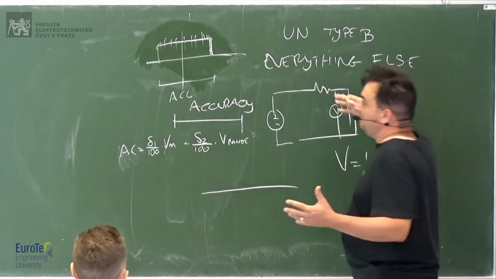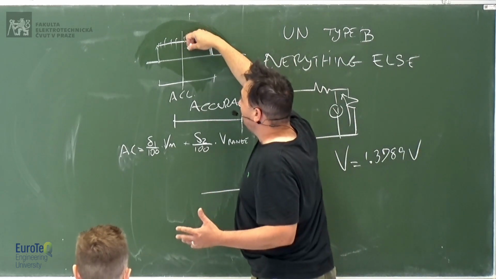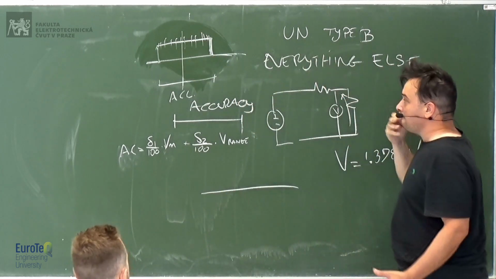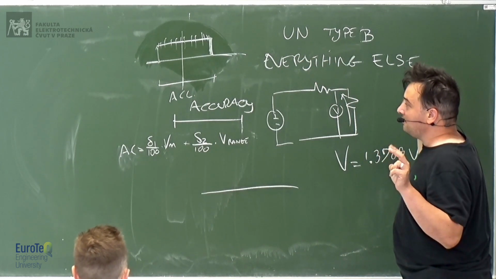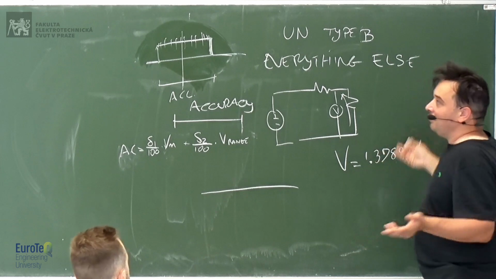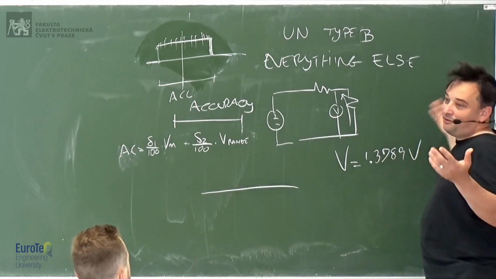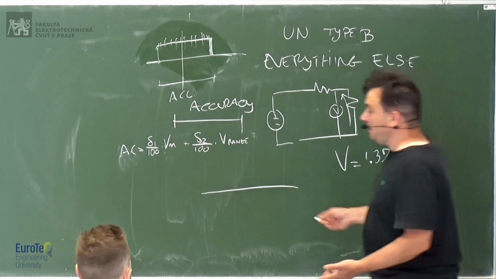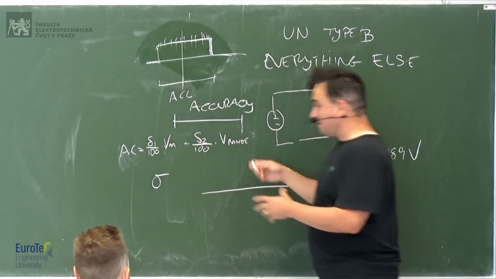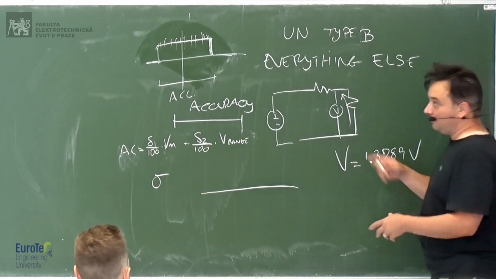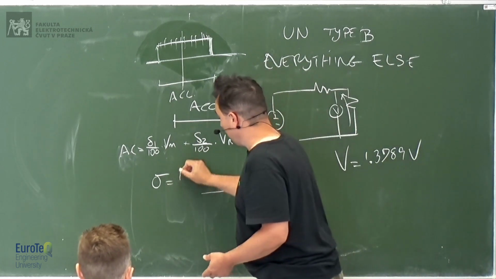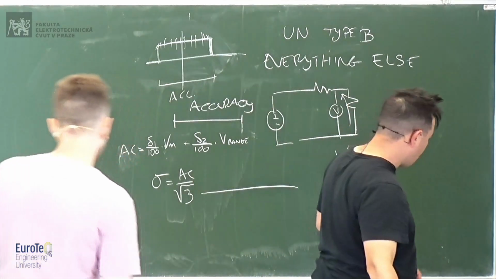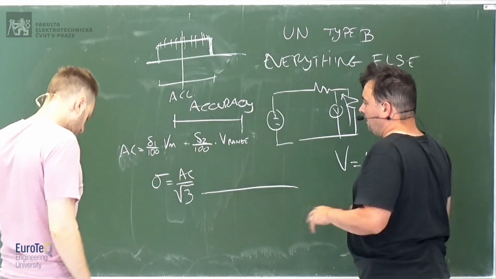So there is no higher probability to have the measurement here in the center. It's the same, okay? Which is like an easy solution when you don't know anything. When you don't know anything, you say, oh, okay, I'm just taking uniform. Fine. So in that case, one sigma, one standard deviation of a uniform distribution, will be the accuracy divided by square root of 3, okay? There it is. So here it depends on the instrument.